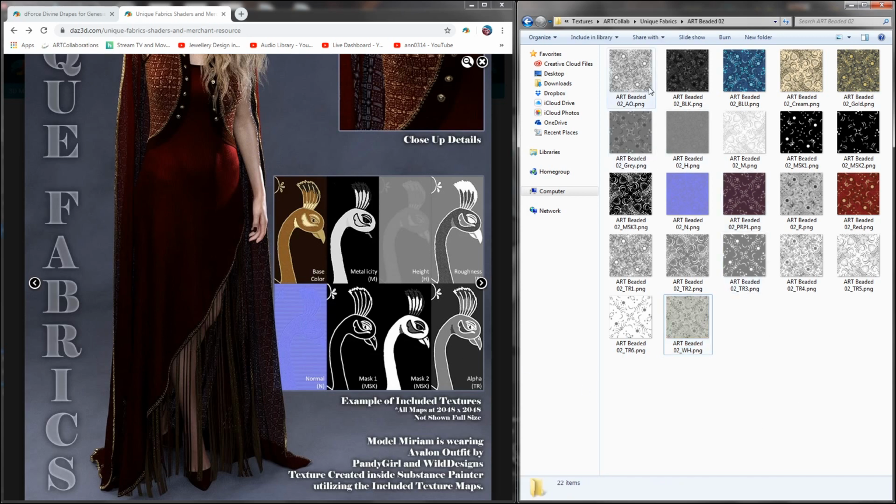So if I come over here, you're going to see there is metallicity, that one is a normal, these three are masks, that right there is the roughness map, these six are all trans maps. And if you think you won't be able to remember how I named it, because I know everybody has their own naming conventions, then as I said, I would download this just so you have the key maybe in this